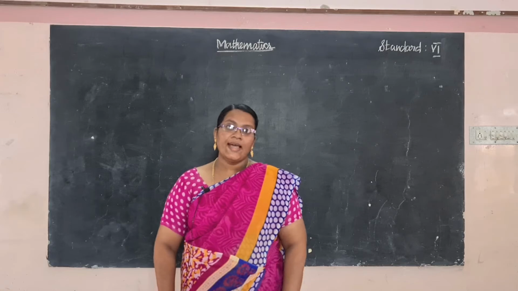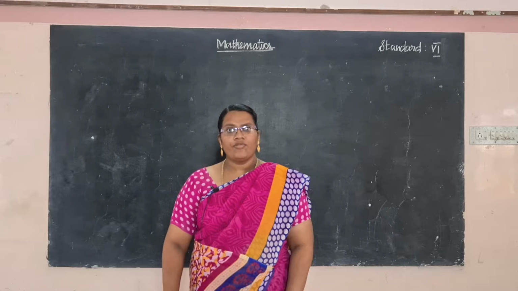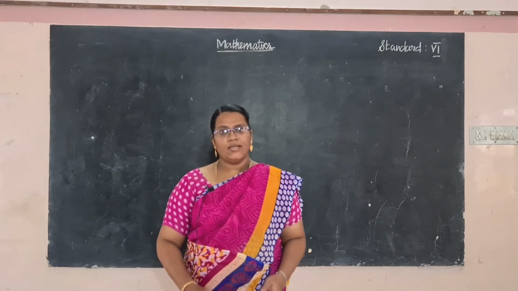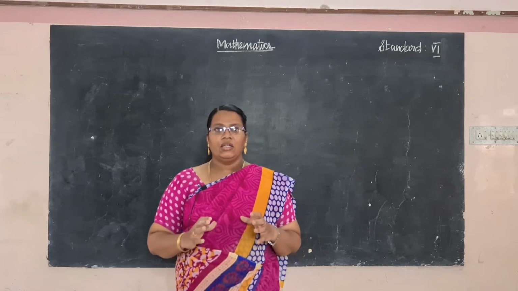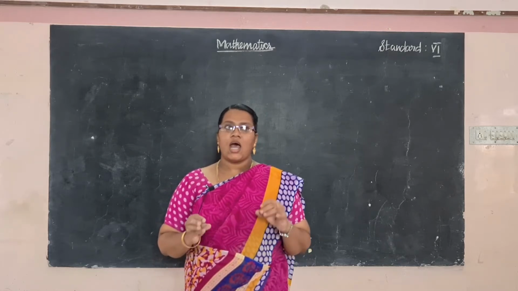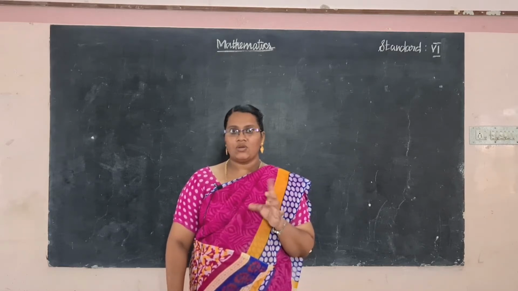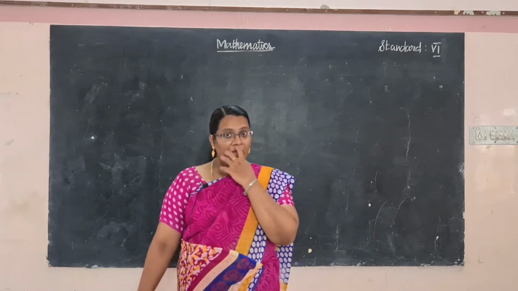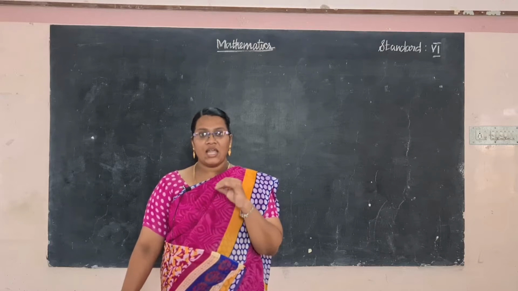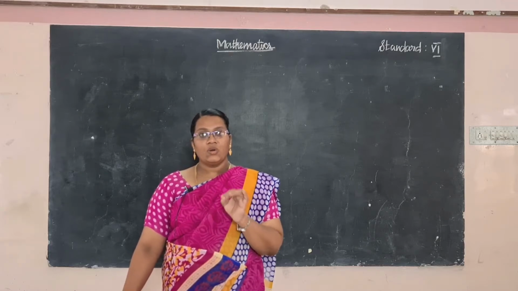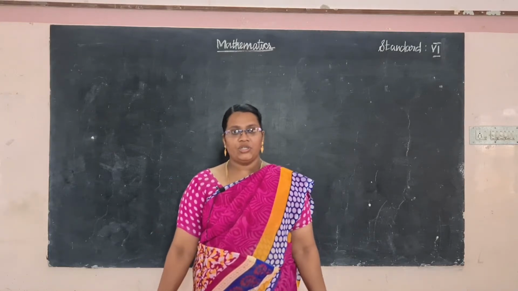Good morning students. In a previous class we have learned about the ratio. What is the definition of ratio? The comparison of two quantities is called the ratio. How can we identify that these two quantities are the same kind? The units are the same, but the ratio has no unit. You have to check the units of the given data are the same, because only the same kind of quantities can we find the ratios of and compare, okay.